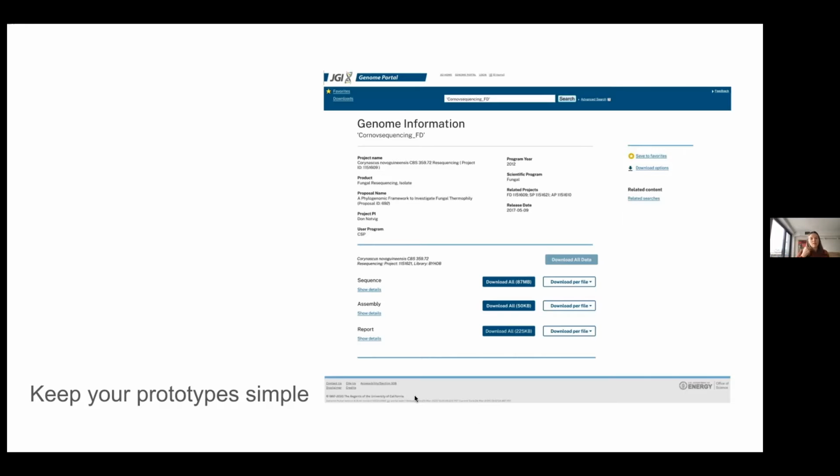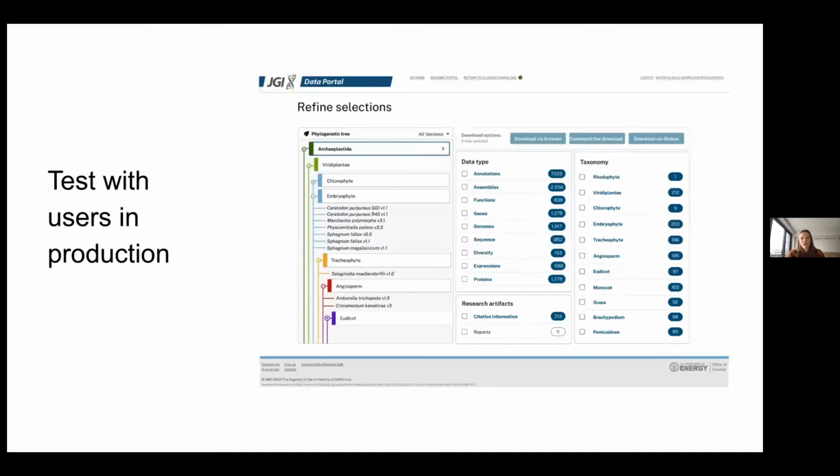Once you get to the build and learn stage, it's really important to also usability test at this stage. So no matter how many prototype iterations you went through, you want to test with real users and real data in production. For data intensive products, you may need to iterate on the interface a few times to meet